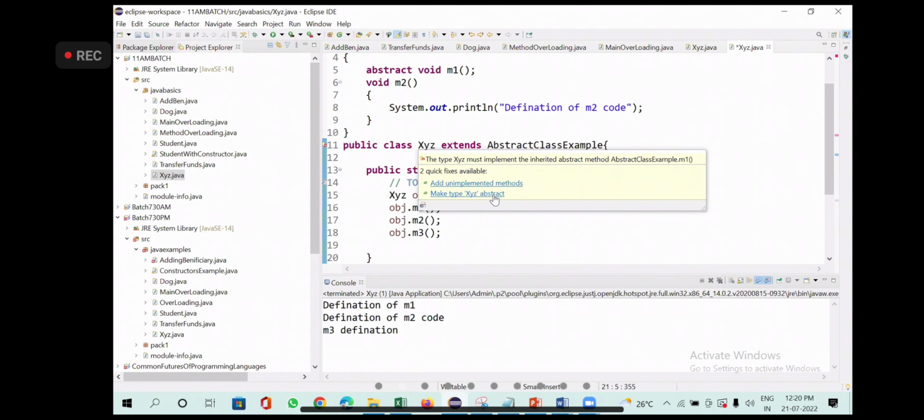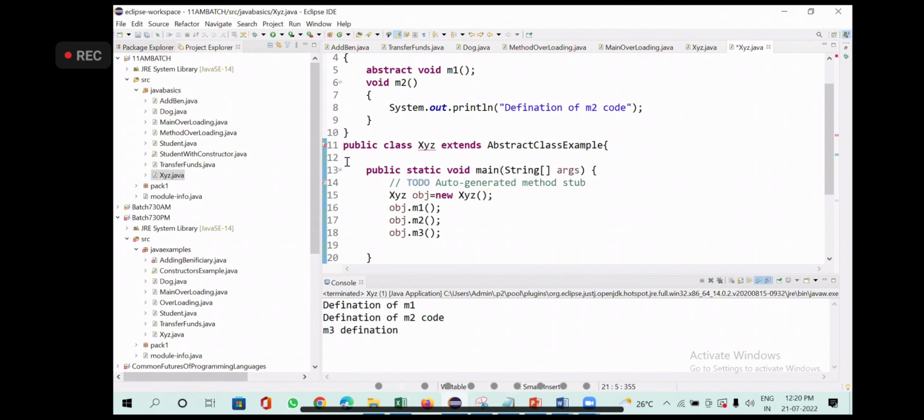Creating an object is what? Instantiation. Creation of an object is nothing but instantiation. People might ask you an interview question, can you instantiate an abstract class? Don't get confused. Instantiation is nothing but creation of an object only.